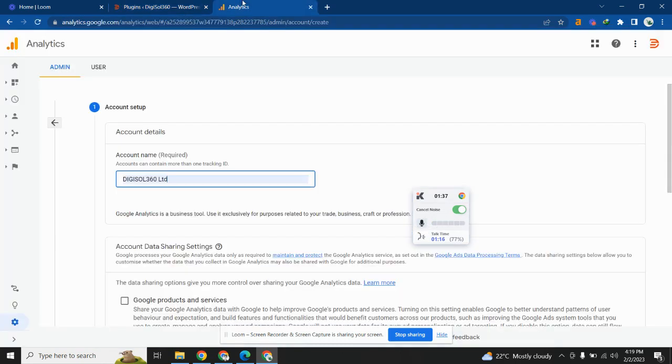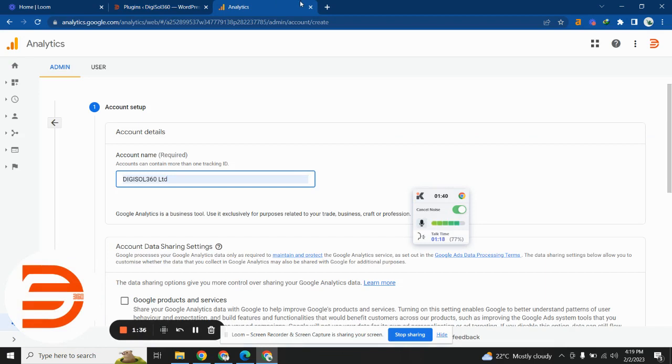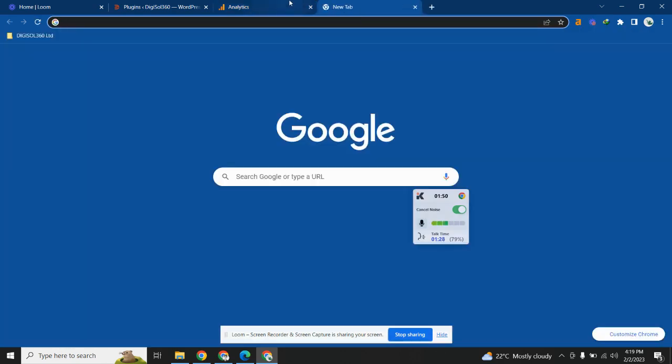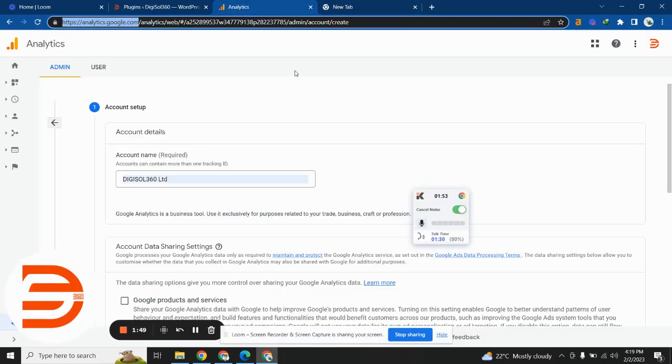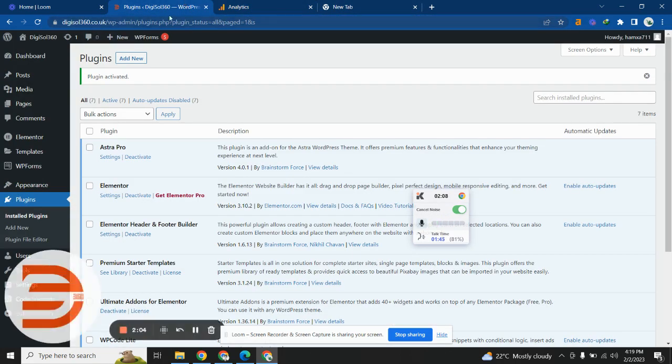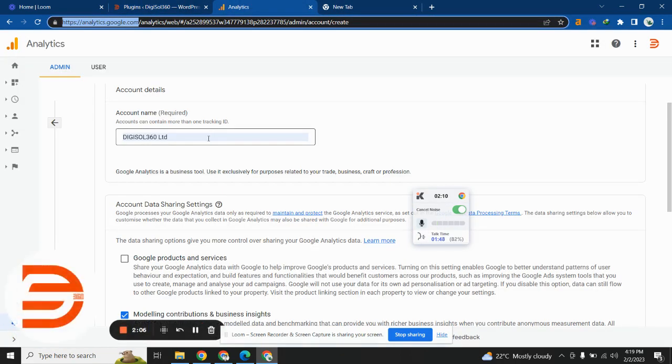Similarly, on the other hand, simply go to this URL, analytics.google.com. When you enter this URL in the search bar, you will be redirected to this kind of page. First, you have to create your Google Analytics account. I'm going to show you how you can create a Google Analytics account from scratch. So if you have a WordPress website, simply add your WordPress website name as your account name